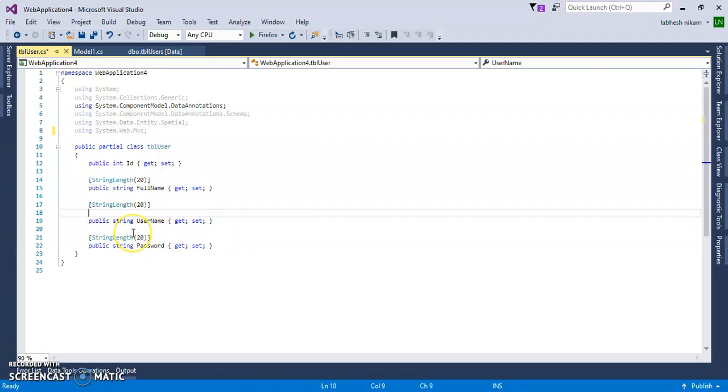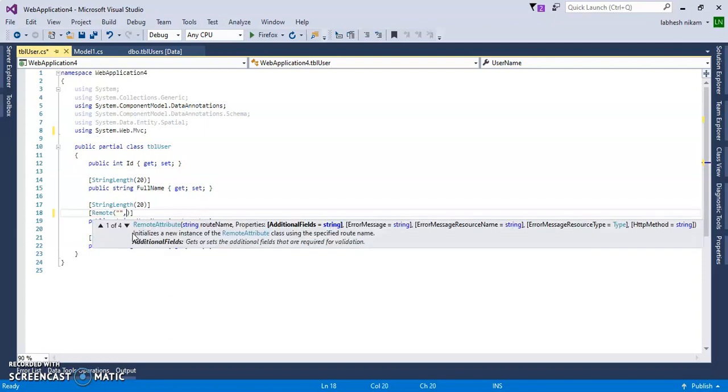I want to compare the username with database data. If the username exists, then we'll give an error. For that the Remote attribute will be used. Inside of the brackets, the method name to check validation, and here the controller name. I will create a controller, suppose the Login controller, and we'll create a CheckUserName method.